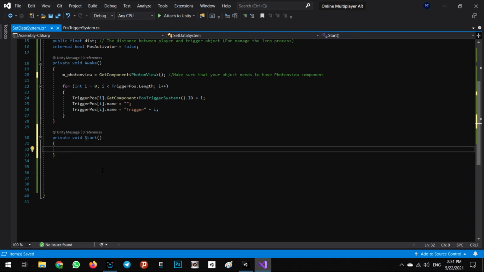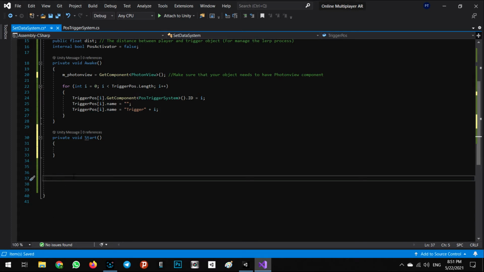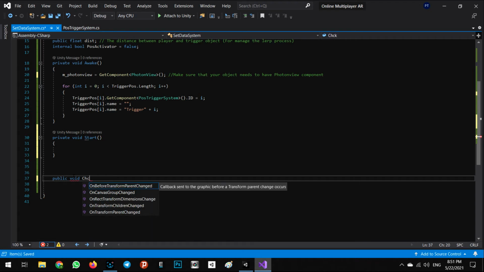We call it check current pose. We say public void check current position,